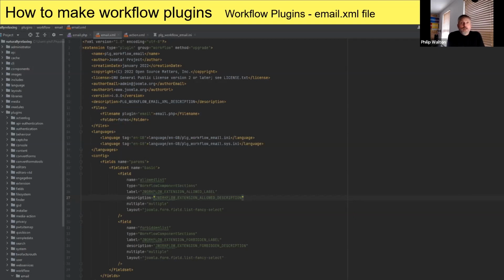So what do we need to do? I don't know who is actually in the participants at the moment, but I'll assume not a huge amount of coding knowledge. So what you would need to do is set your own folder structure, and that all comes from the XML file. And there's not many files to a plugin like this. You've got the XML, you've got the PHP file that makes it all happen.